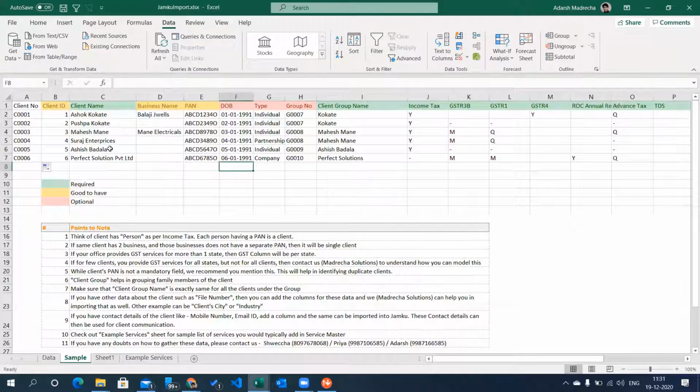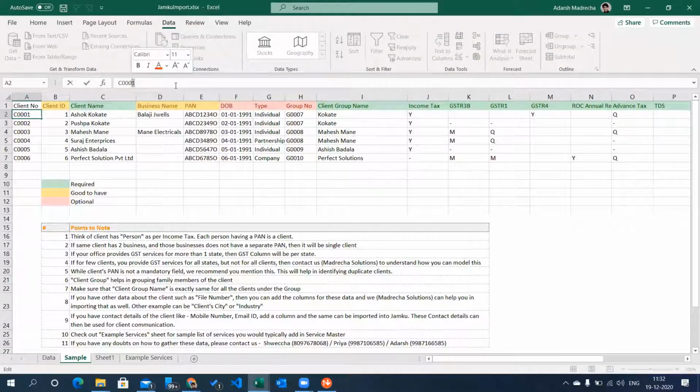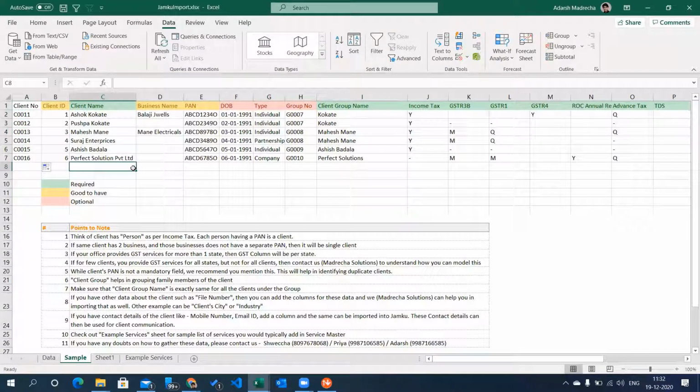And as before, if you are importing the data for the second time, you would specify the next number. So in my case, it would be 11, 12, 13, 14, 16, like this. And if you had a client number as say AK1234 like this, then you would specify it as a client ID. And if you don't have, keep it as blank.